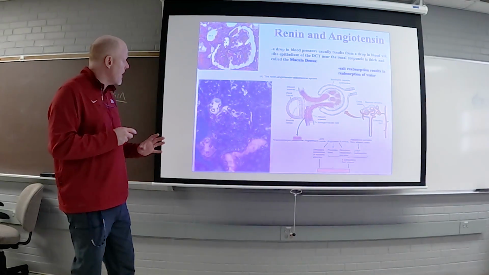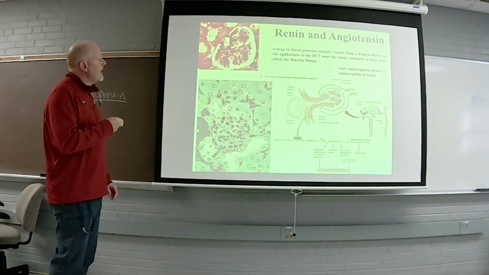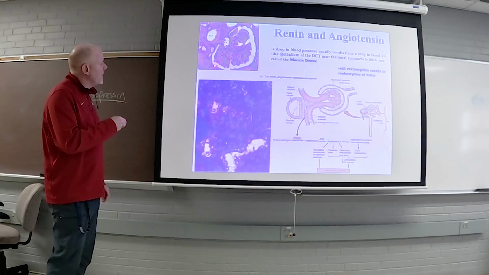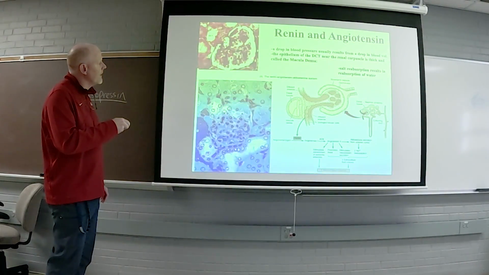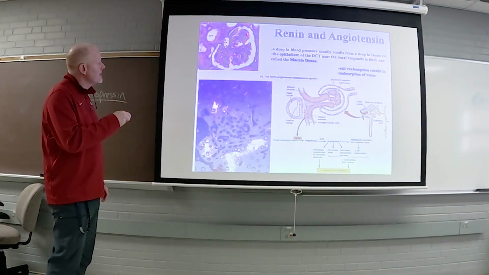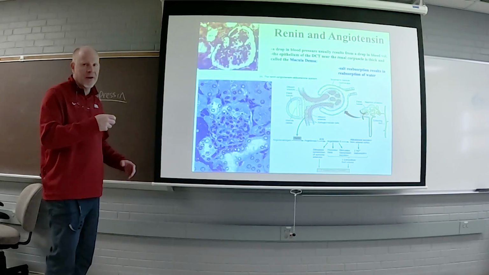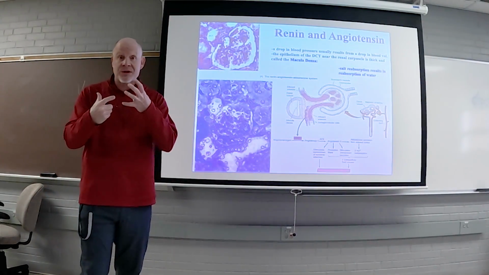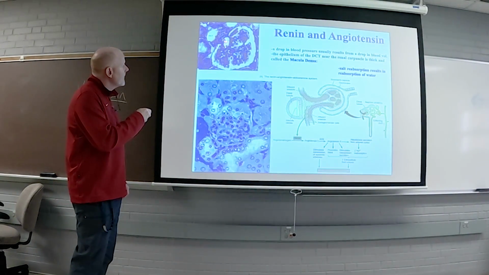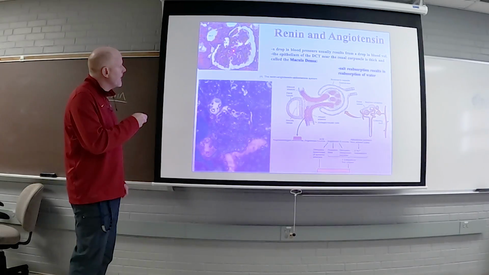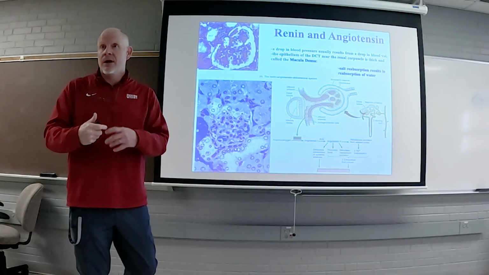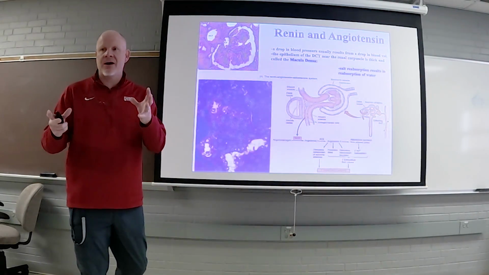Now, if you remember, we talked about our anatomy here. This is our renal corpuscle, right? So we have Bowman's capsule. On the outside here, we have the parietal layer of Bowman's capsule, which is a simple squamous epithelium. We have Bowman's space, and then this is the glomerulus, which are the capillaries, and then the visceral podocytes, the podocytes that form the filter. Here's our afferent arteriole coming in, which will become the glomerular capillaries, and then they will drain out the efferent arteriole to what we call the peritubular capillaries that surround